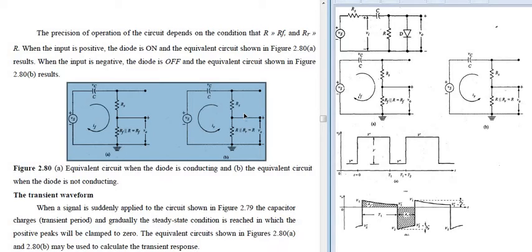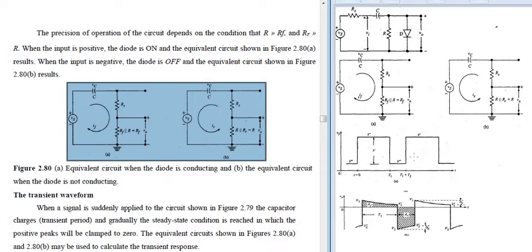Okay, so forward bias, your diode forward resistance, and your positive peak input voltage. If I consider a sine wave or a square wave, so the positive peak is applied as an input, then the diode is in the on condition, and the equivalent circuit is this one for your input when it is positive. And if you go for the negative part of the input applied at the input side, then it is in the reverse direction. So your current will be flowing in the reverse direction.